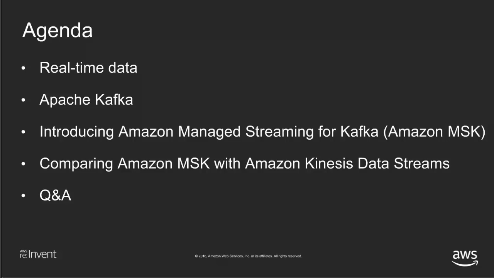All right, so this is what we're going to cover today. We're going to start very high level and talk about what real-time data is, also known as streaming data. We will touch on Apache Kafka. We're not going to go into a great deal. Our assumption is that you understand what Kafka is and how it works, but we're going to cover a few basics of Apache Kafka. We'll run through in great detail the service itself. We'll walk through what is currently available in preview and what is coming for GA.